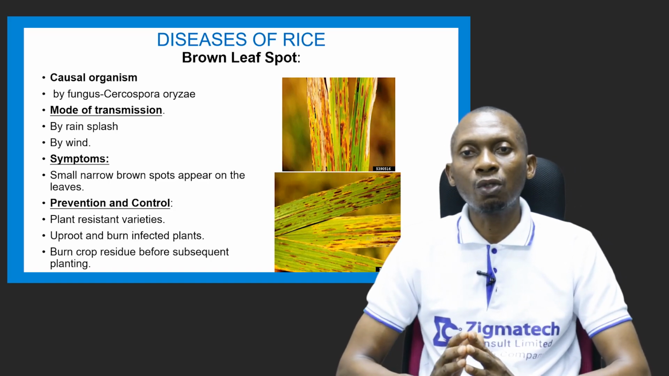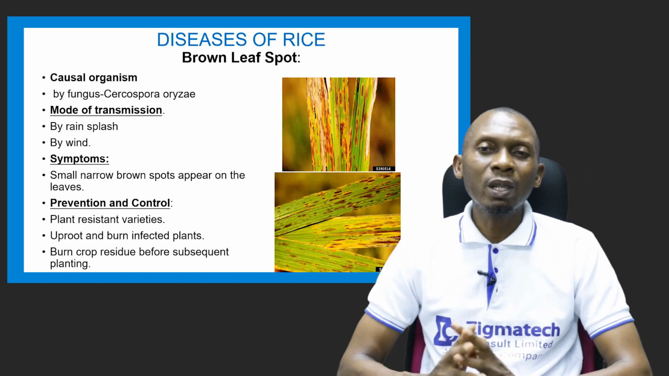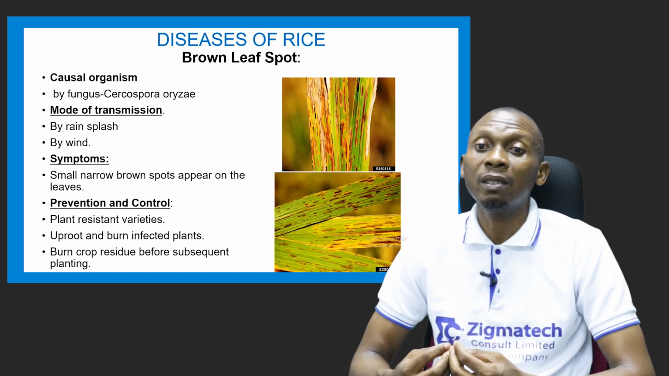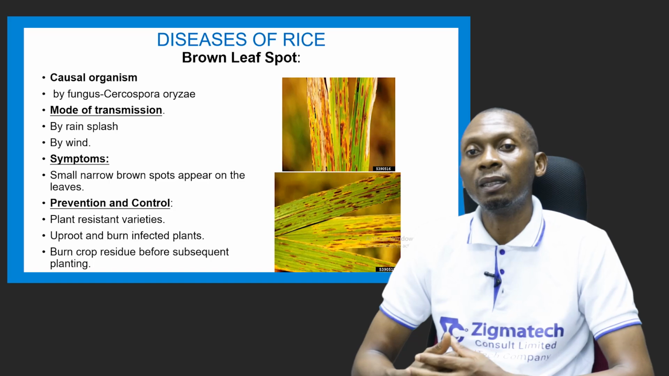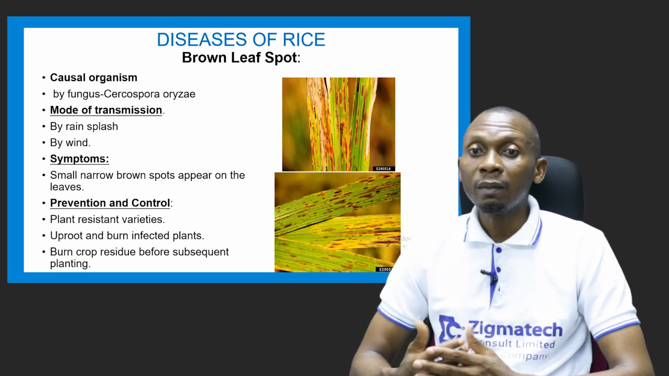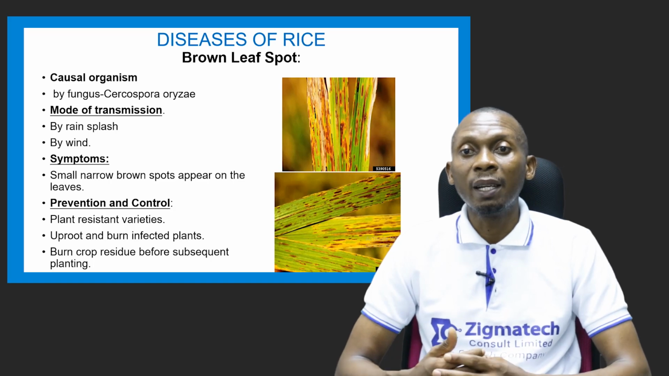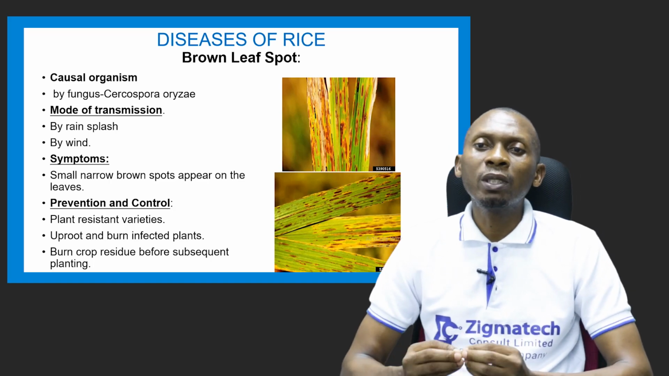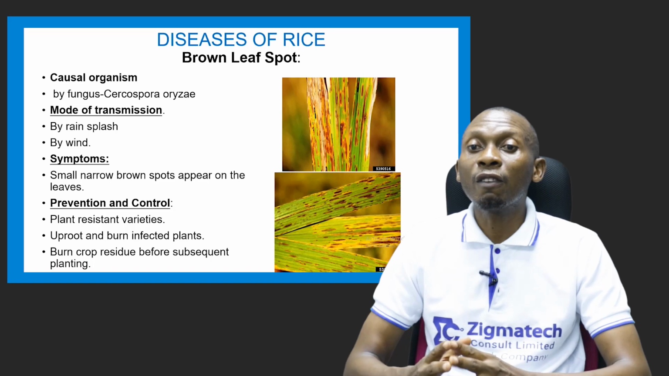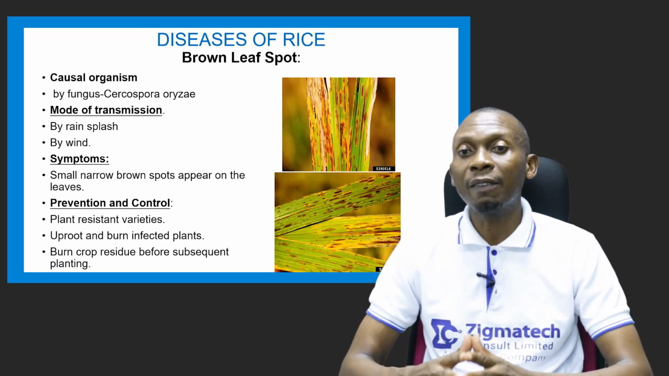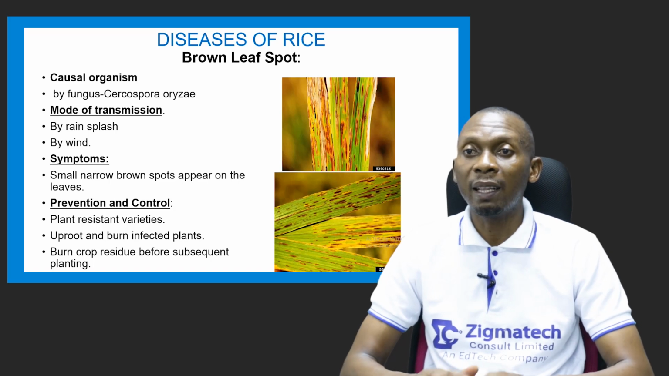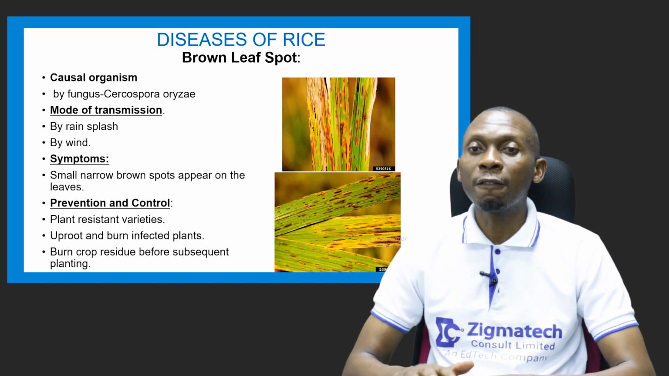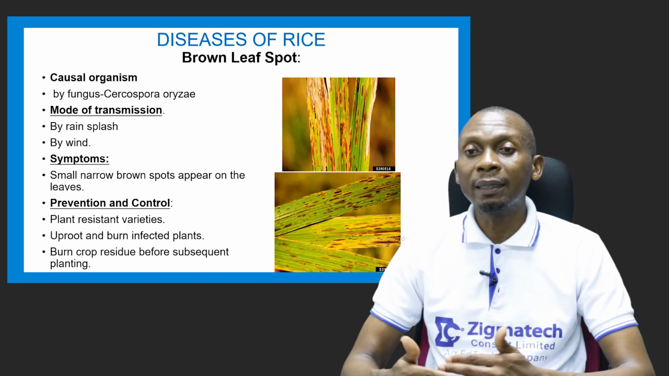You need to understand that you should plant resistant varieties, which is one of the key ways to prevent a disease attack. Plant resistant varieties, where genetically the variety cannot be affected by this disease. So that has to do with breeding. Of course, plant scientists help to do that, breeding varieties of crops that are actually resistant to certain diseases. Then you could uproot and burn infected plants, as well as burn crop residue before you plant subsequently. After harvesting, make sure all crop residues, that's the stalks and the little stumps that are left on the field, are burned before you carry out planting the next